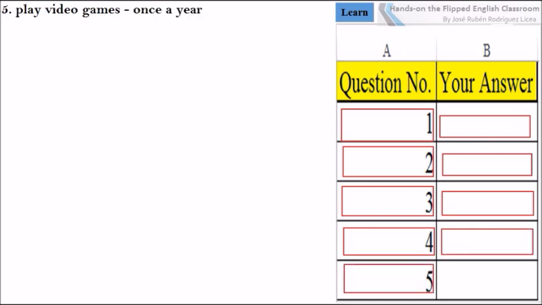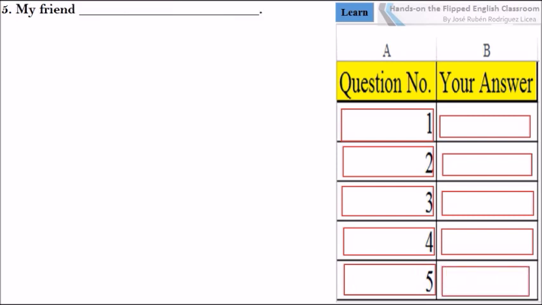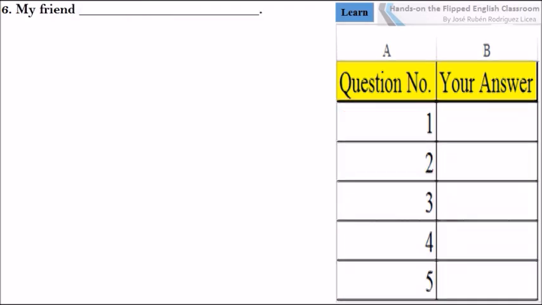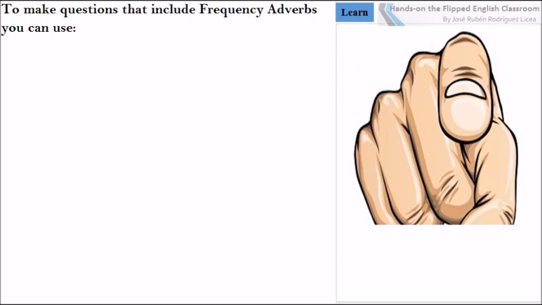5. Play video games once a year. 5. My friend _. 6. Watch the news 4 times a week. 6. My friend _. To make questions that include frequency adverbs you can use: